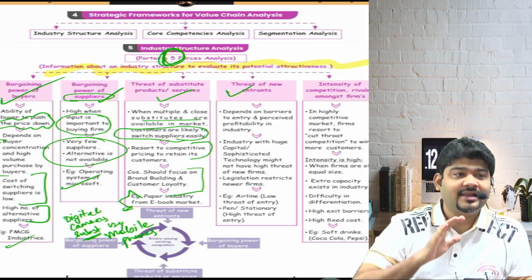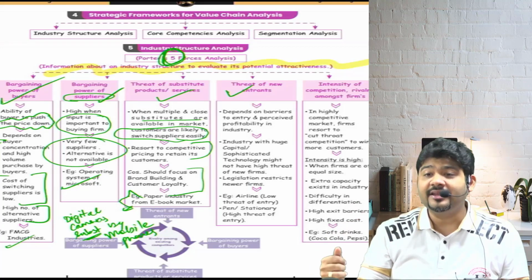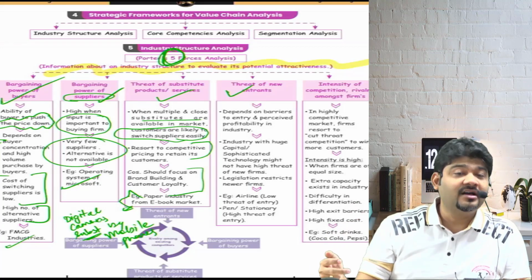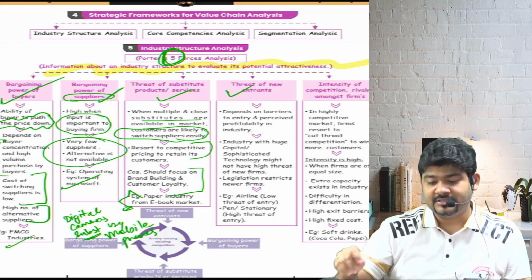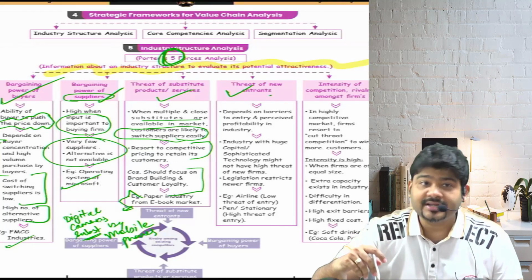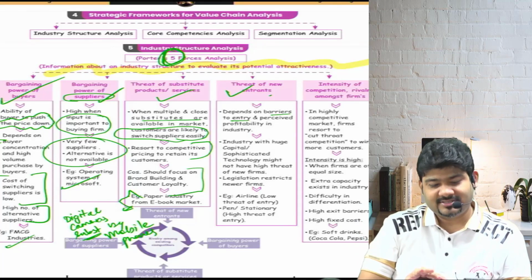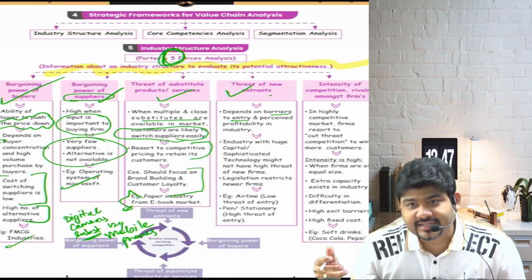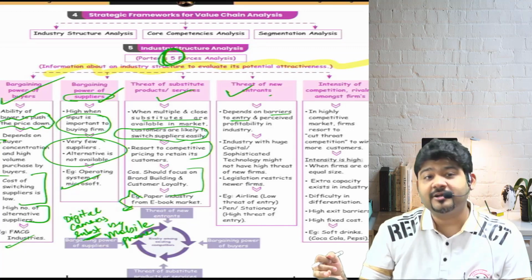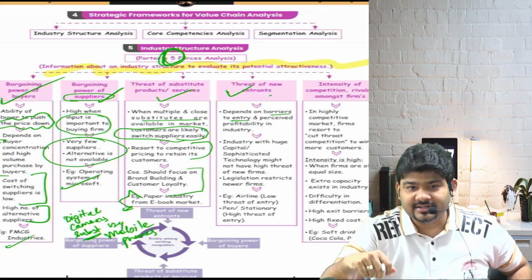Potentially very, very less. Because if you want to start an airline, it's not that easy. It's highly capital intensive. It's highly legal intensive. It may not be so easily feasible. Are we clear, everyone? So threat of new entrants will have to be seen, and it depends on barriers to entry. There can be a capital intensive barrier to entry, a legal barrier to entry, a political barrier to entry, like in the case of Starlink, as he said.